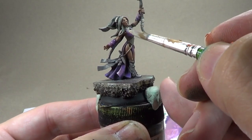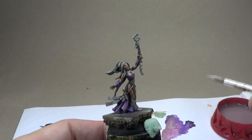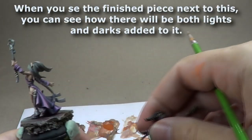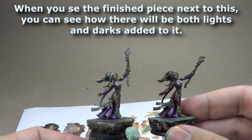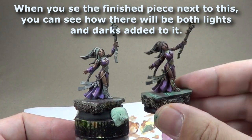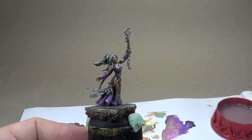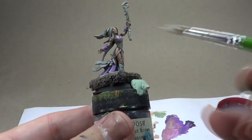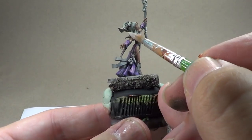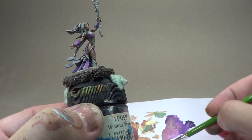So even though we've only been working on this for a matter of minutes, we've already got a nice, healthy arrangement of colors. But you can see in the one on the left, much lighter than our finished piece on the right. And that's what a shaded base coat should look like. It should be lighter than it's eventually going to end up, because we wanted to make enough room for us on the value scale